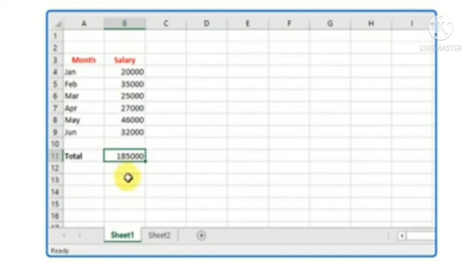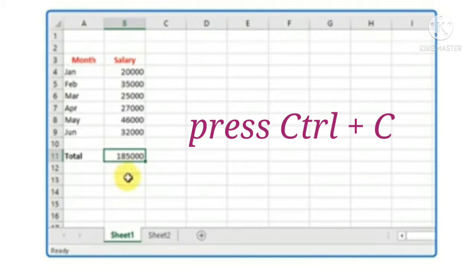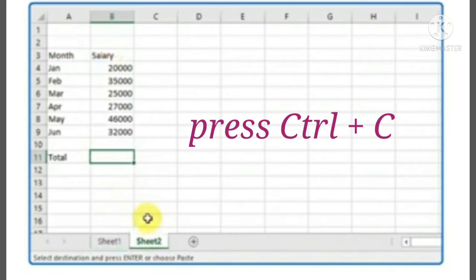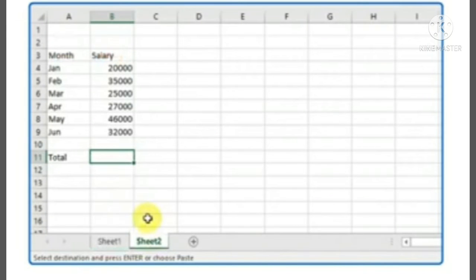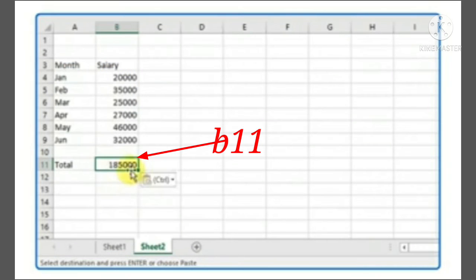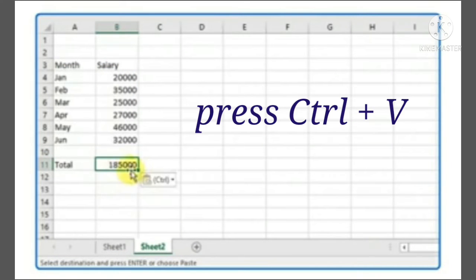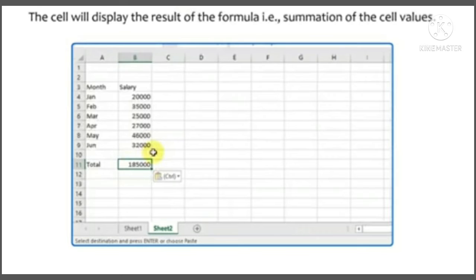Then copy the formula using Ctrl plus C, and after that click on the Sheet 2 tab and click on cell B11. Now paste the formula using Ctrl plus V, and there you can see the result of that formula. So this is how you use the cell reference of Sheet 1 in Sheet 2, by using the copy paste option.